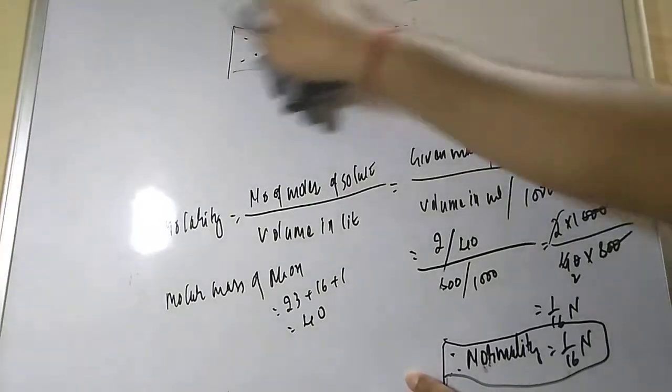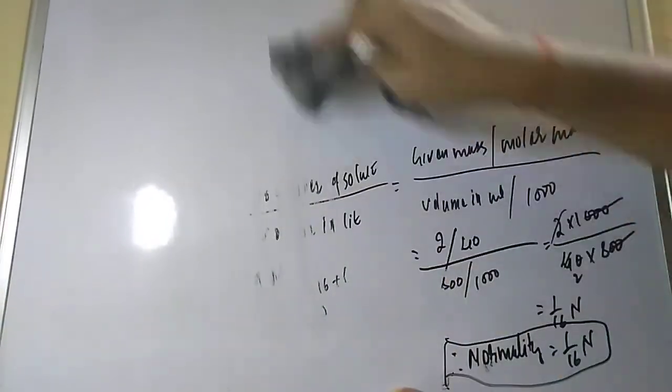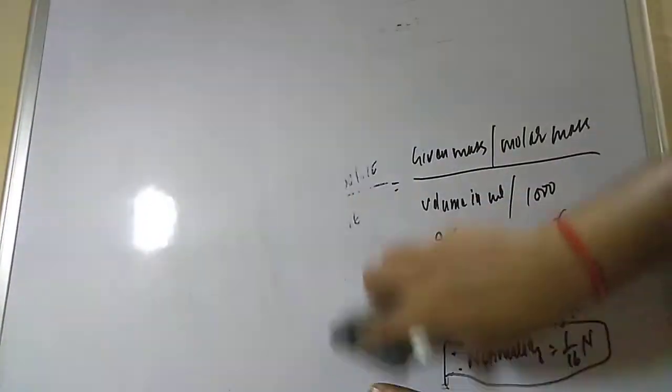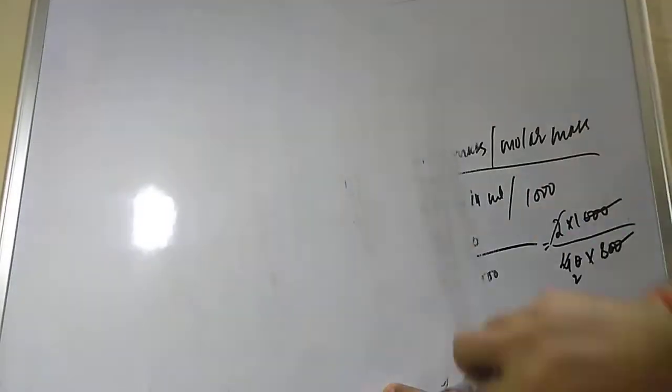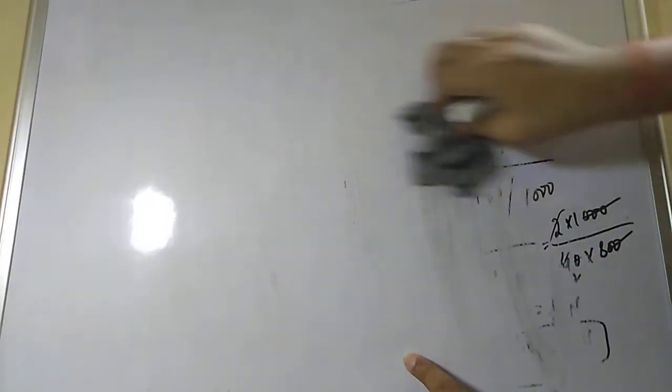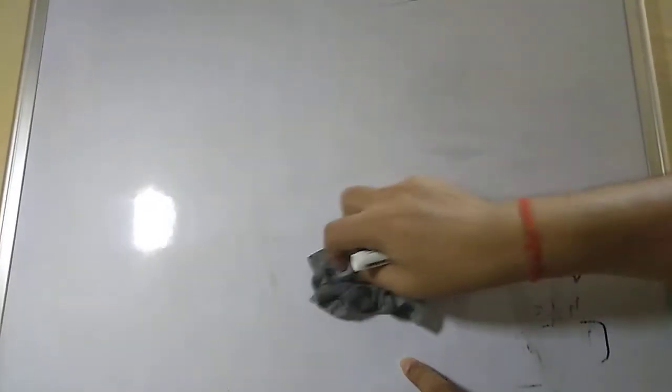Now let us solve one more problem on normality. Sometimes, student, you are trying to get problems, but they are not available everywhere. So what is the advantage of YouTube? You will go to the detailed video and you will get some problems from YouTube also.